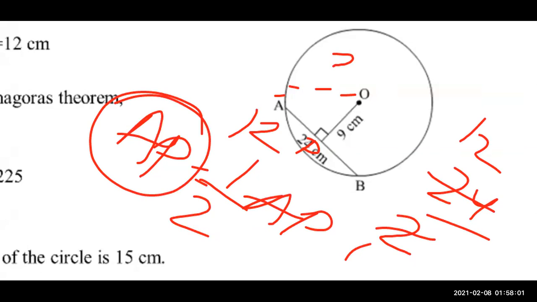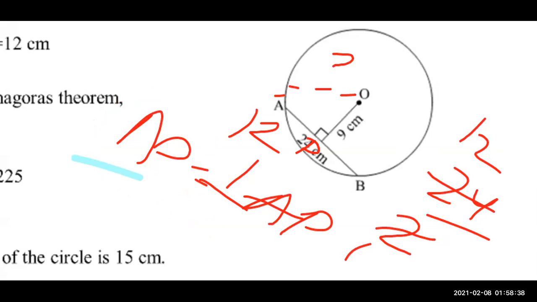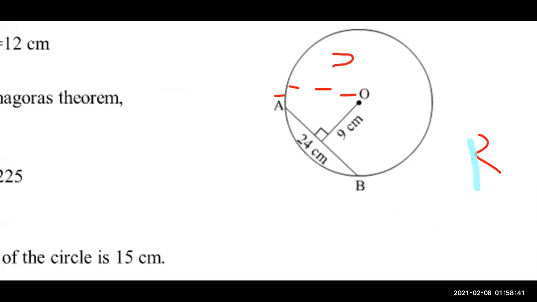Is it clear how you are going to find out? The same as the previous sum we have done. In the previous sum, the full triangle was made. Now here we have to make it. We have to make dots and then create a triangle. We have to write the center, that is OP. Then we use the same thing: AP is always half of AB. 24 divided by 2, we are getting 12. 12 is our AP value. OP value is given as 9 centimeter, and the hypotenuse, that is OA, we have to find. Now we will see the sums.